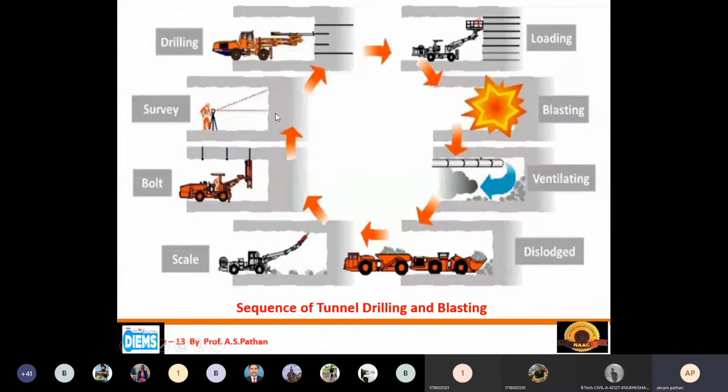Once you decide the area where we have to excavate the particular face, then we have to plan the drilling. What are the various factors generally we have to consider while drilling this particular selected diameter or shape of the tunnel? That depends upon so many factors.